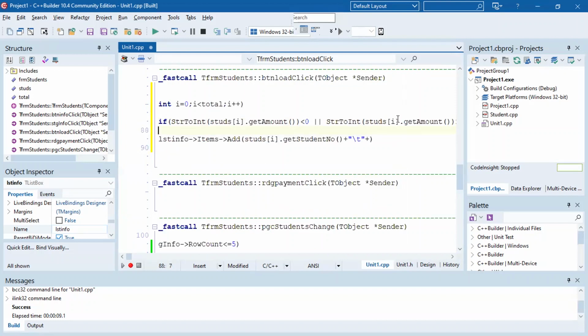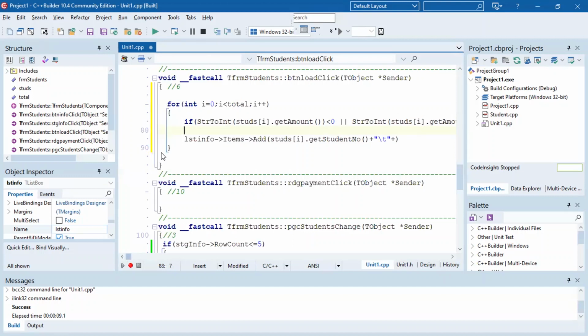We are supposed to just take only the what? We have to exclude the negative and the positive, right? So let's just declare an amount like this. So we're going to say AMT is equals to